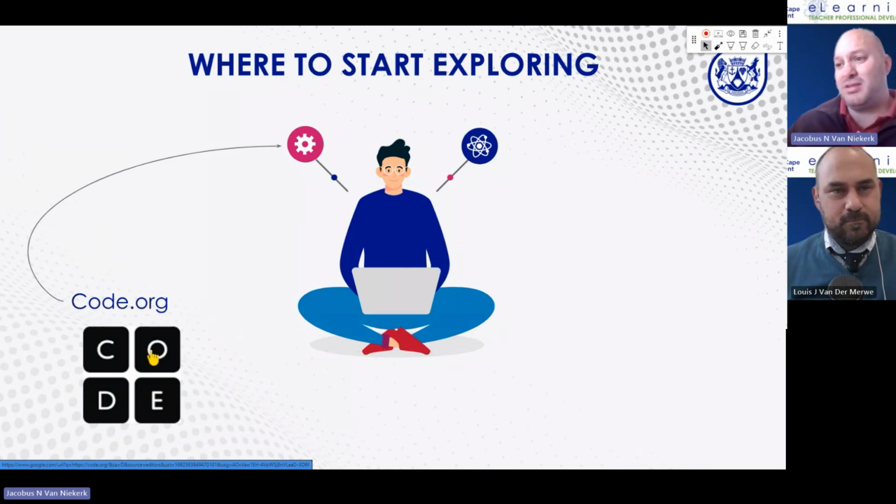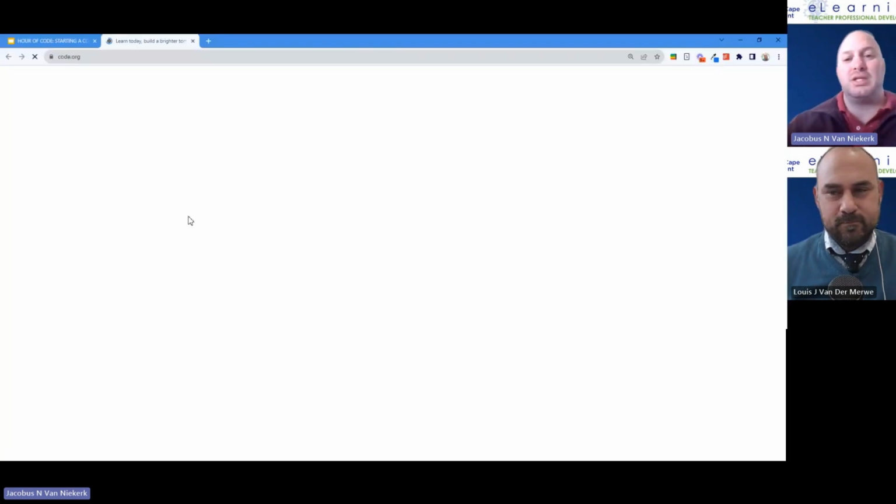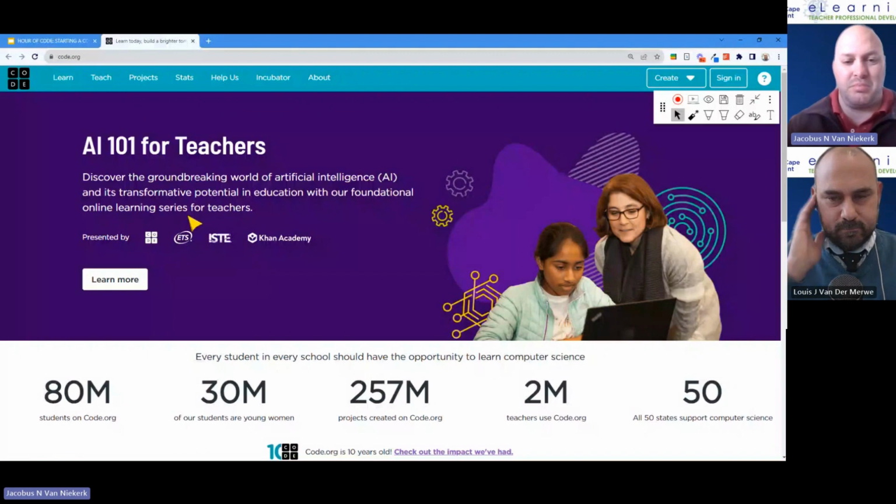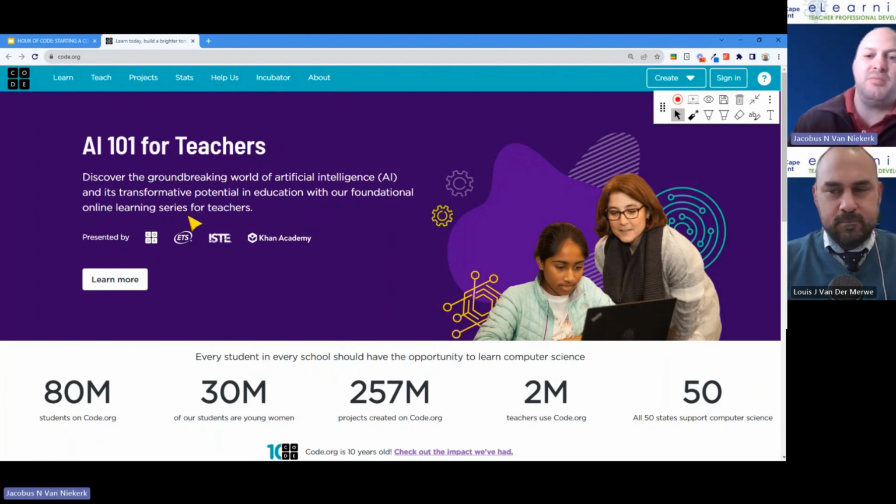One of the crazy things for me about the global coding community is they want to turn everyone on the planet into coders. That's kind of what they want to do. Because of that, they give away unbelievably good resources for absolutely free. Some of these things have paywalls, of course, but so many of them, they just give away basically a curriculum, they give away the tools, so many things for free. So you don't need to spend any money.